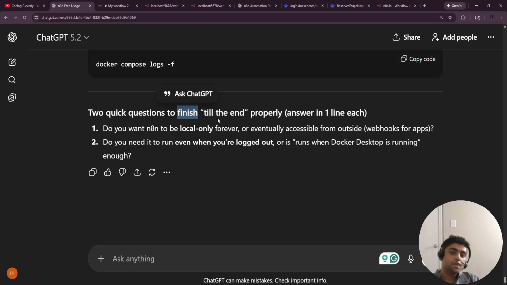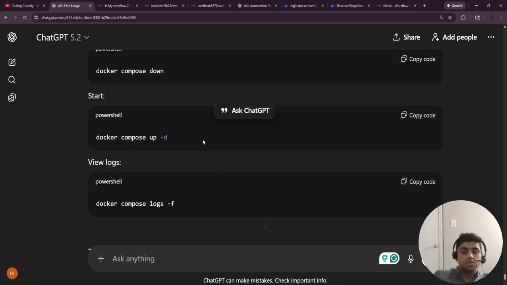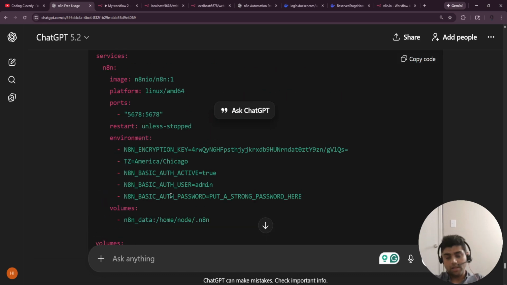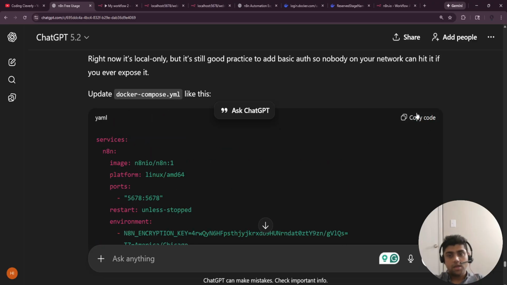Two quick questions to finish. Properly answer in one line each. Do you want n8n to be local only forever, or eventually accessible from outside, webhooks for your apps? Do you need it to run even when you're logged out, or is running when Docker Desktop is running enough? So these are some of the questions we might answer later down, but let's go ahead and improve our Docker